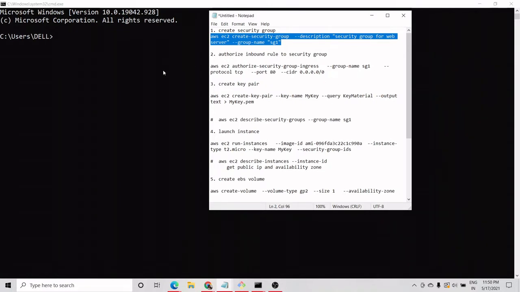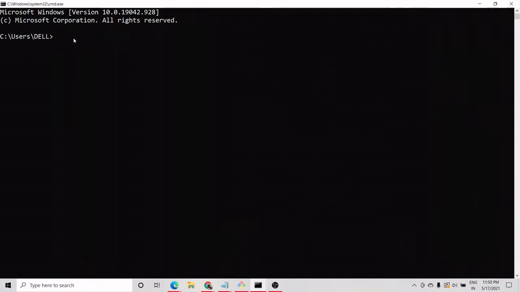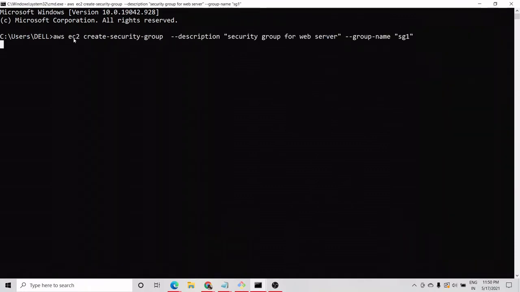In order to launch an instance, first we need to create a key pair and we also need a security group as per our need. So with this command I am going to create a security group. Let's copy it and paste it here. If it doesn't give me any error, that means the security group is created.